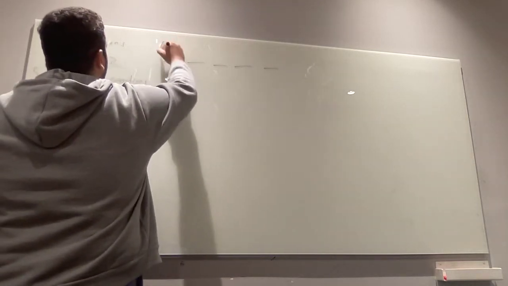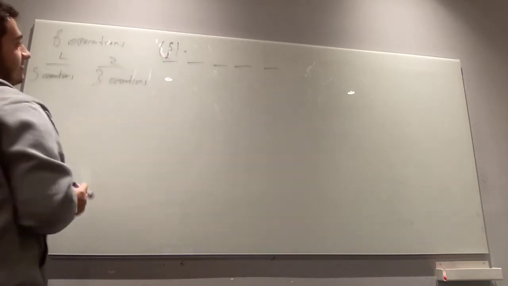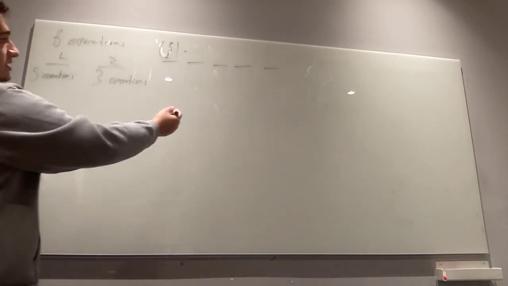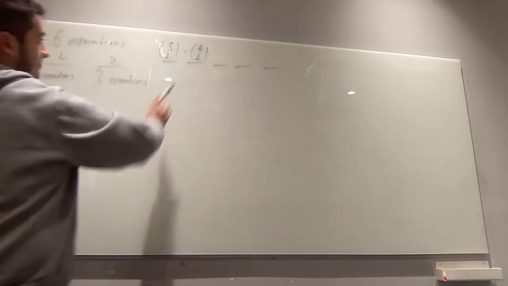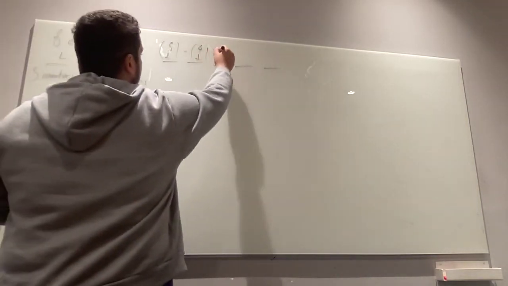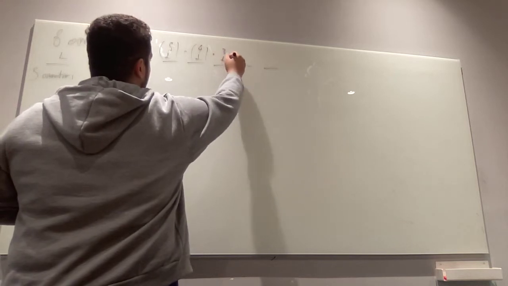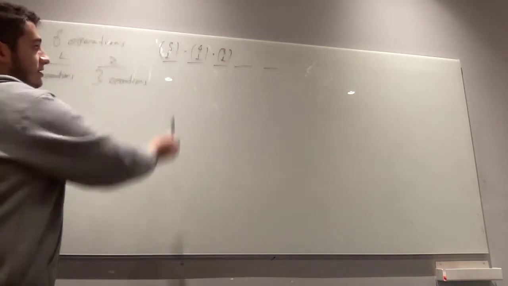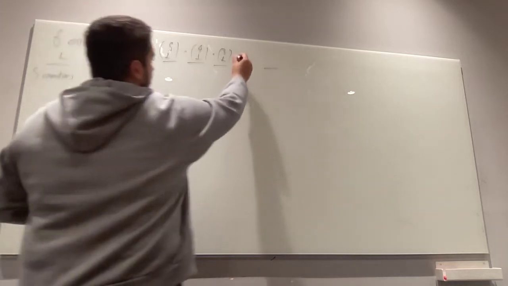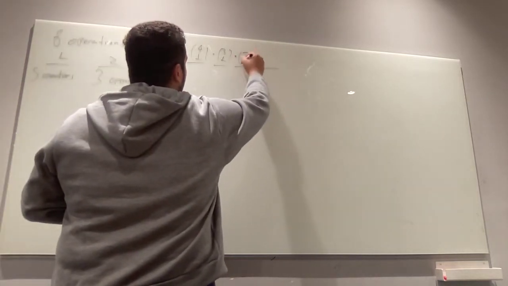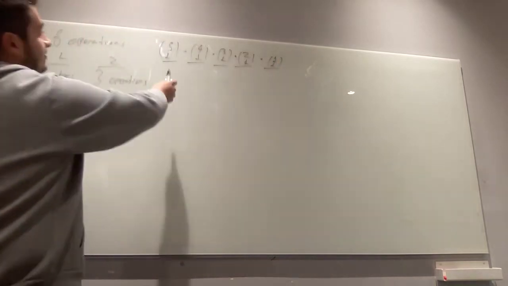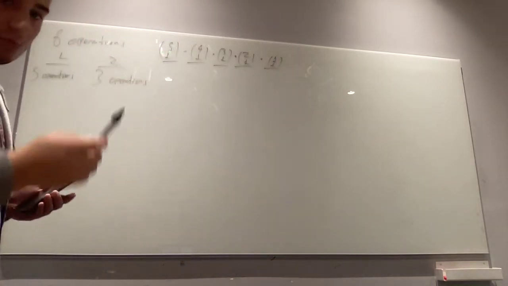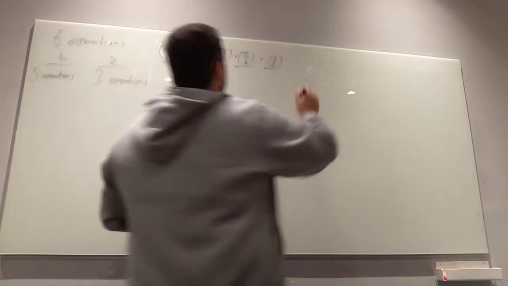It's 5 choose 1, that's equal to 5. Then 4 other operations to choose, 4 choose 1. Then 3 operations remain, 3 choose 1, and 2 choose 1 and 1 choose 1. 5 times 4 times 3 times 2 times 1, that's equal to 5 factorial